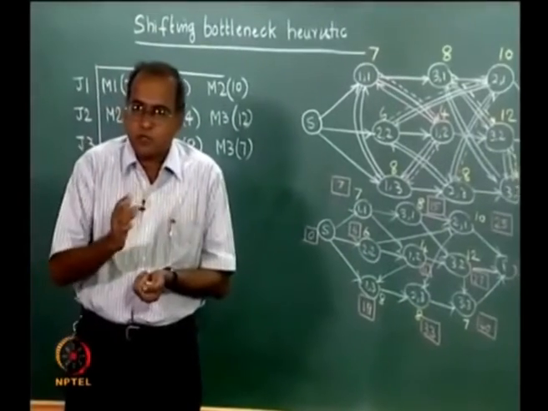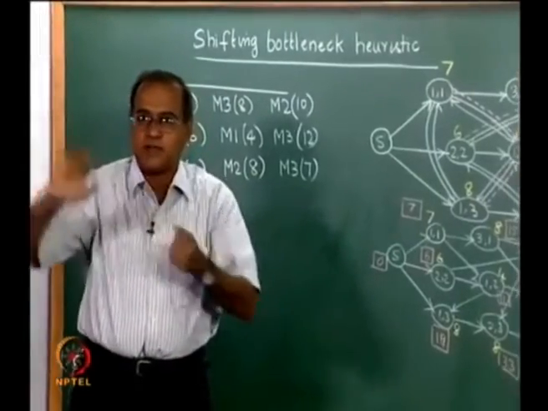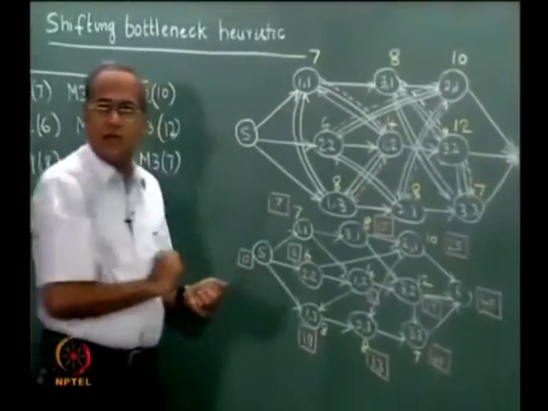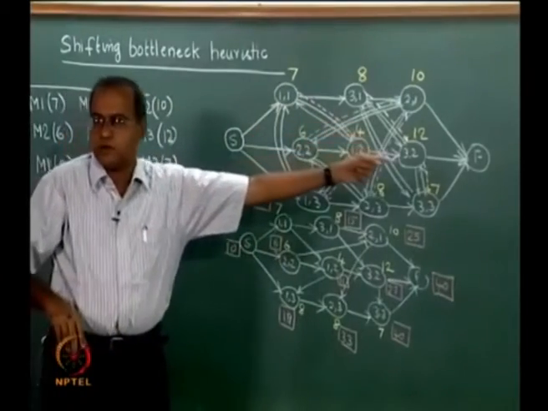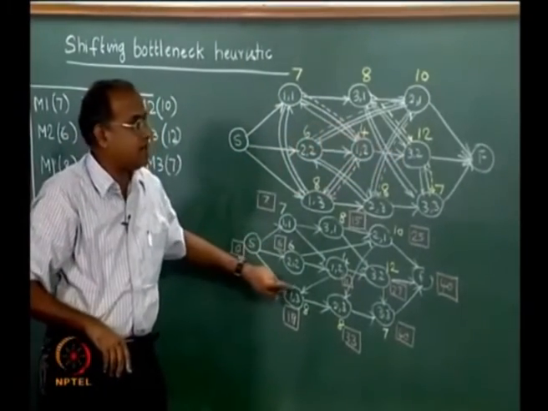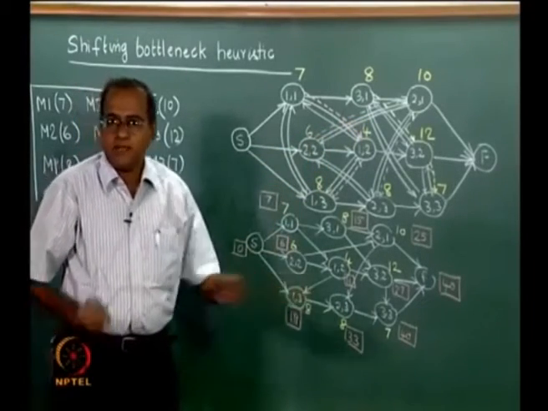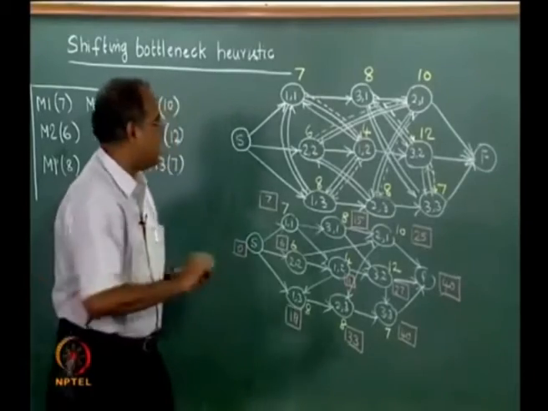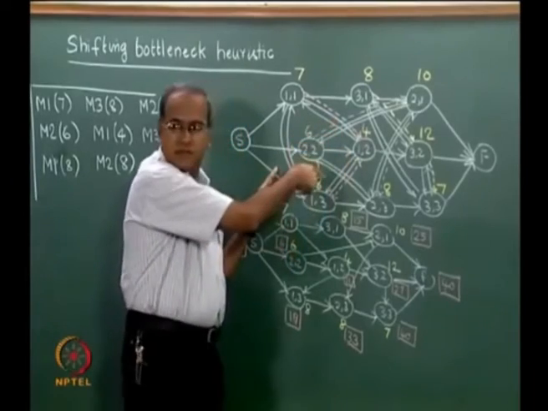What we have tried to show is, given a Gantt chart from which the order of visit of the jobs can be ascertained, we have now mapped the Gantt chart onto this and chosen the relevant arcs corresponding to a given solution, and we have evaluated the make span to show that both of these are the same. But that is not what we intend to do. What we intend to do is to try and find out what is the best way that we choose the 2 out of these 6.